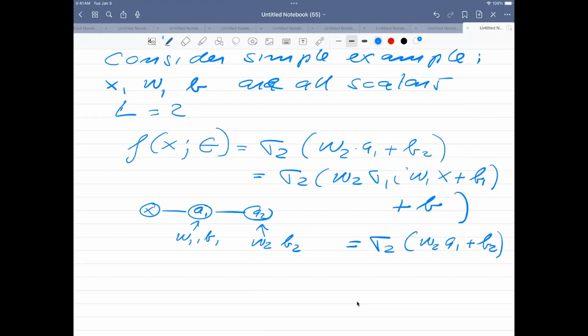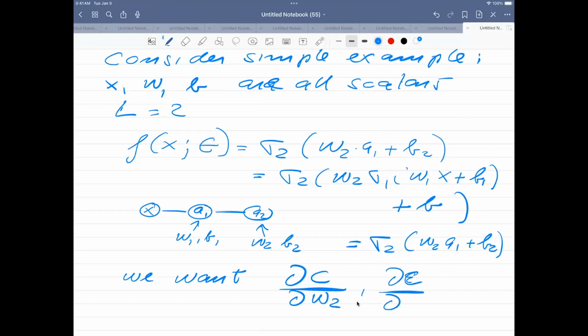Now, what we want now, we want derivatives. So we want a derivative of this specific function, or rather, we actually want the cost function, this cost function C. We want a derivative with respect to W2. But we will also need a derivative with respect to W1. We will need a derivative with respect to B2